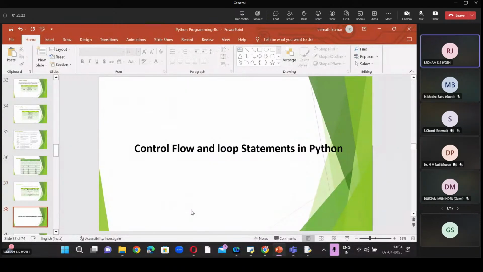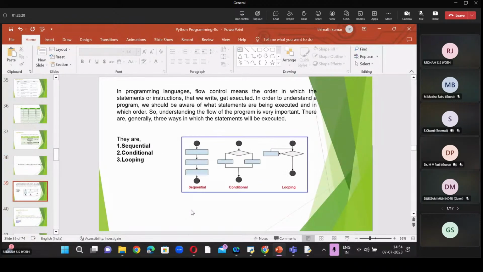Next one is control flow and loop statements in Python. There are three different types of control statements: sequential, conditional and looping. In programming languages, flow control means the order in which the statements or instructions that we write get executed.